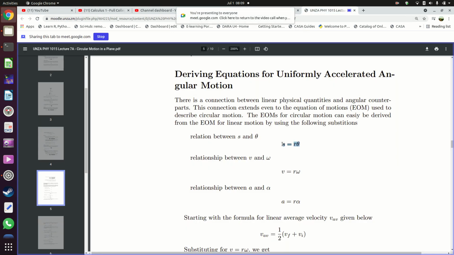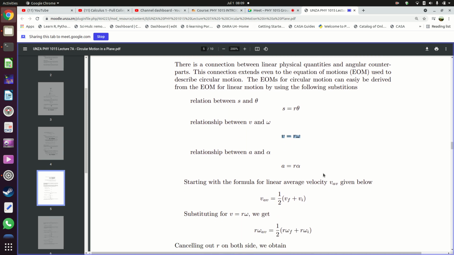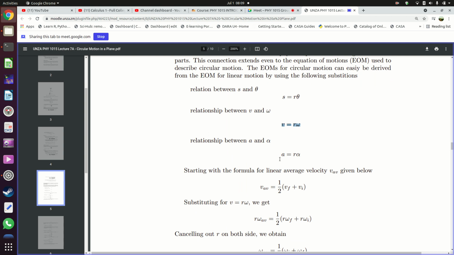When we divide this expression on both sides by t, we end up with v = rω. This formula gives us the relationship between velocity in a straight line and the angular velocity: v = rω. Apart from that, we came up with this relationship, the acceleration. The acceleration is